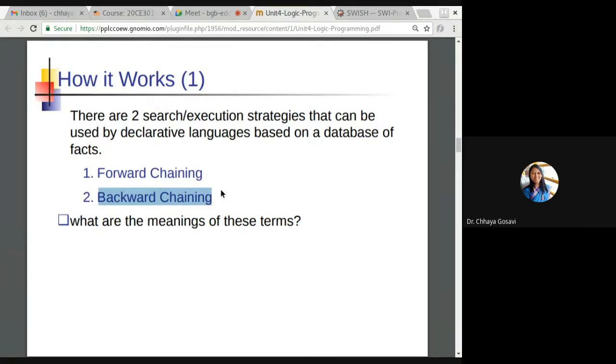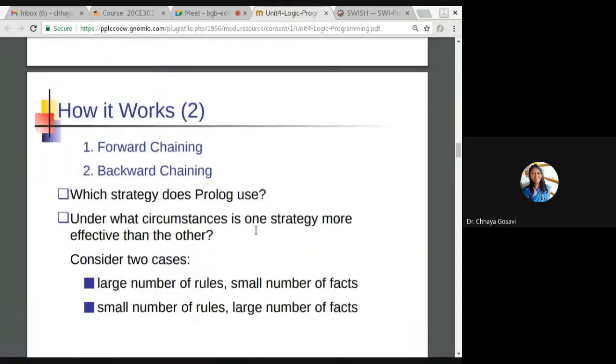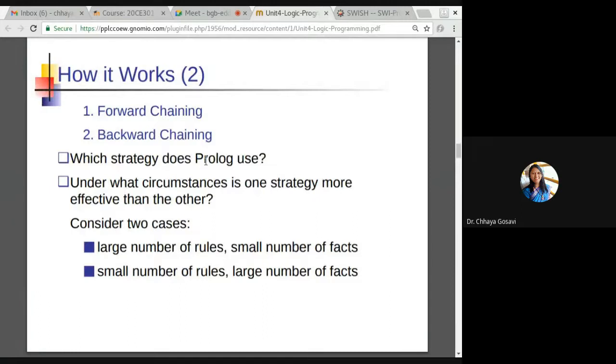Otherwise, when the first substitution is failed, take another value and start it again. So from the last statement again go back to the first statement and try to match it. So this is called backtracking. So what is the meaning of these terms? What is forward chaining, backward chaining? Which strategies are used in Prolog? Prolog uses both. For the simple queries, it uses forward chaining. If it is a composite query, a mix of two or three subgoals, it has to use backtracking.